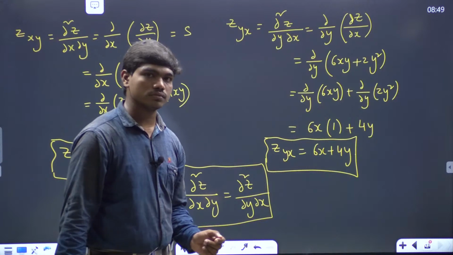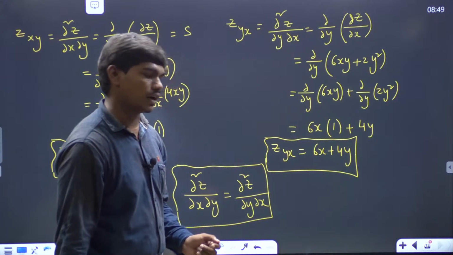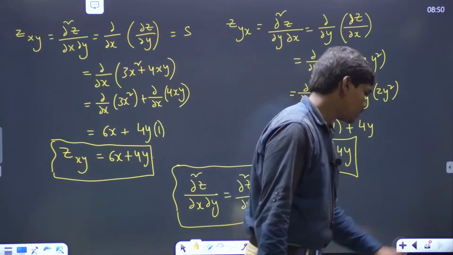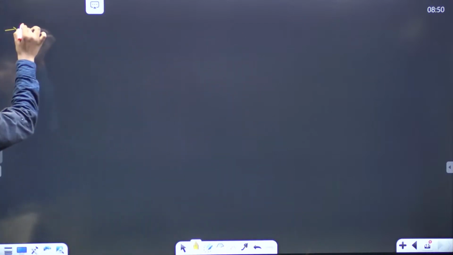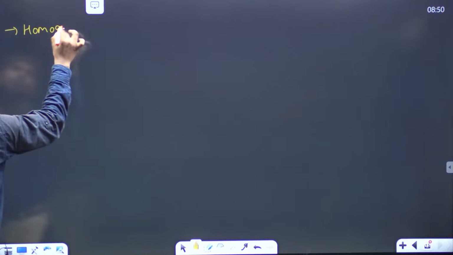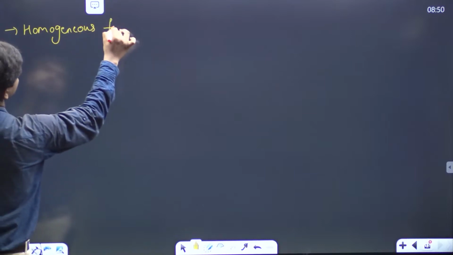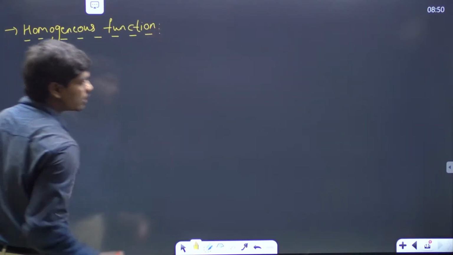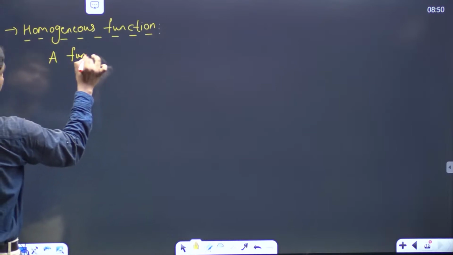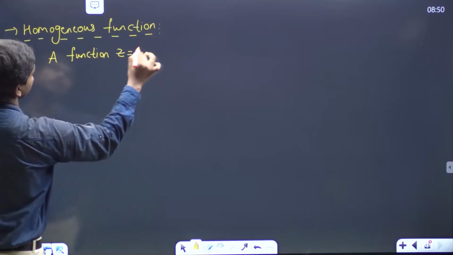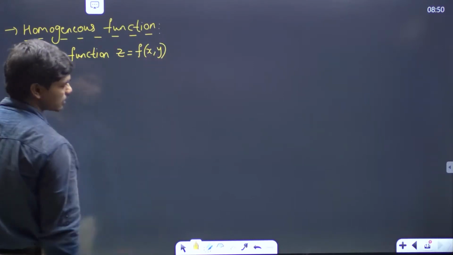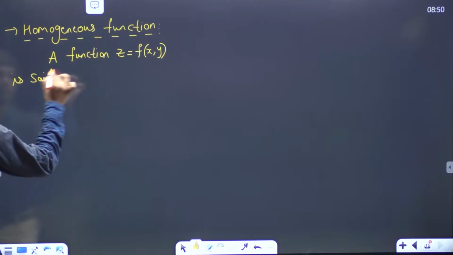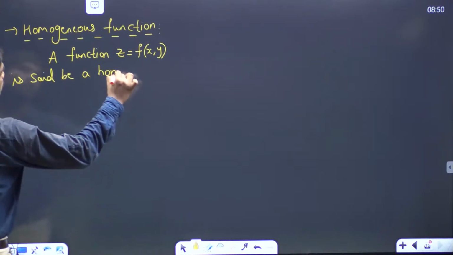Okay. Now I would like to define something which is called a homogeneous function at this point. Homogeneous function. A function z = f(x, y), meaning the right hand side is some combination of x and y terms, is said to be a homogeneous function